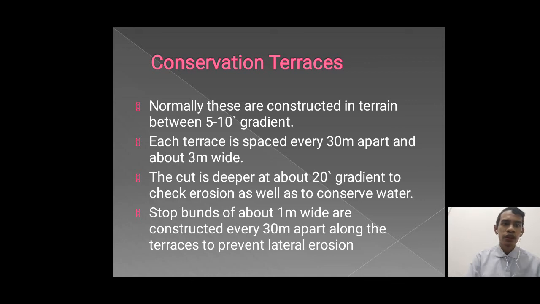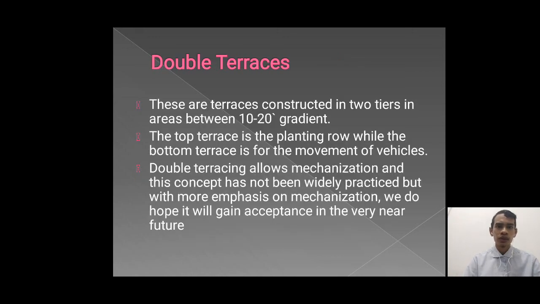Each terrace is spaced every 30 meters apart and about 3 meters wide. The cut is deeper, at about 20 degrees, to check erosion as well as conserve water. Top bunds about 1 meter wide are constructed every 30 meters apart along the terrace to prevent terrain erosion. So, this is the commonly done terracing in plantations, and it is divided